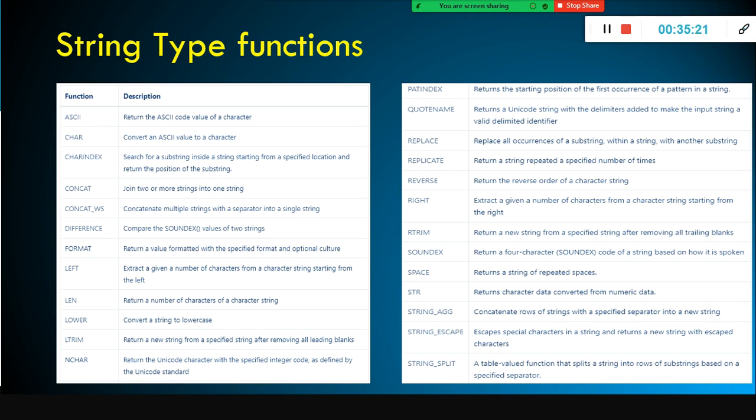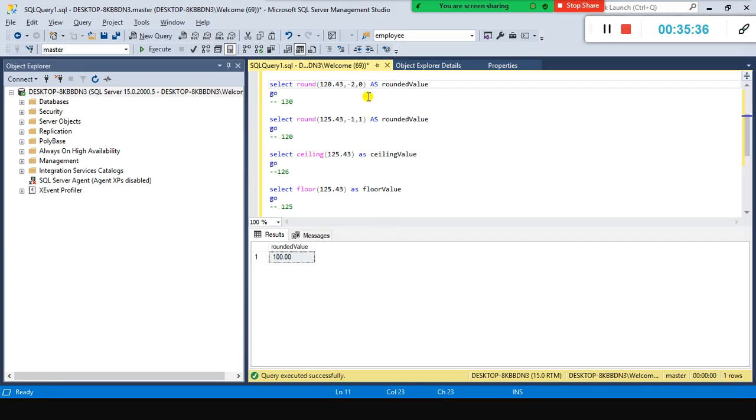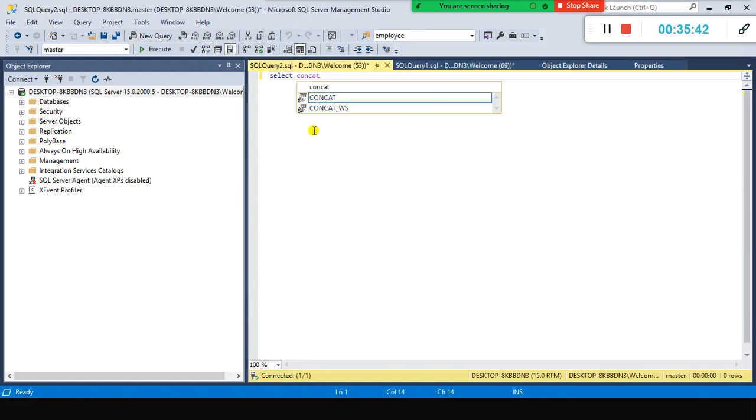For example, if you want to separate these strings based on some specific separator value, you need to remember which function, CONCAT_WS. But when it comes to this one, it is good. I'll just open another query window. For example, let's say I just type concat.